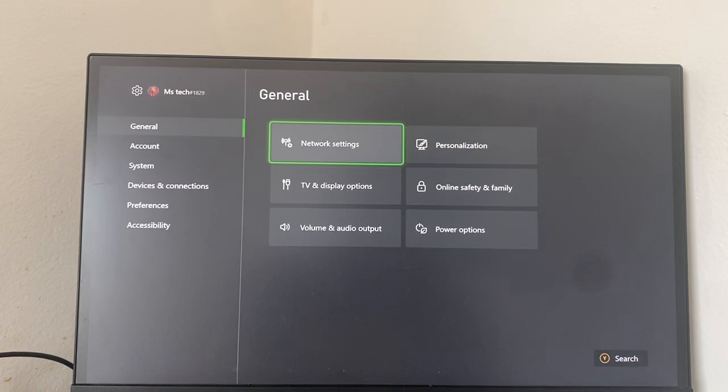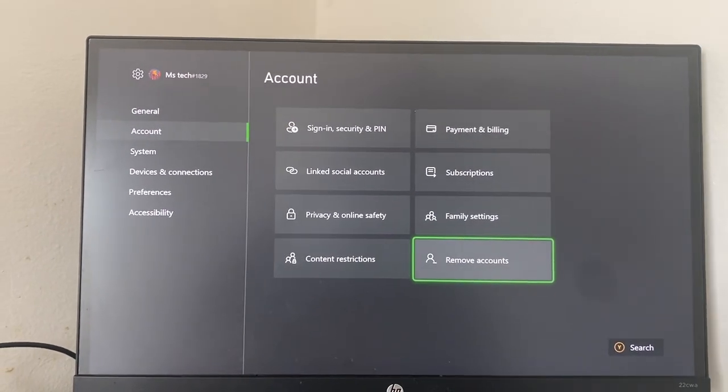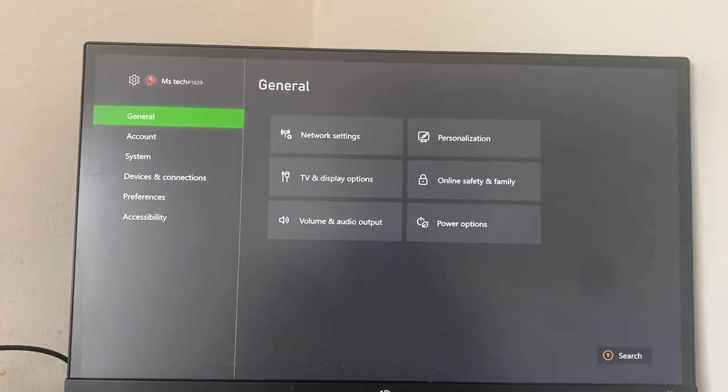The second method I would recommend you guys doing is heading over to Accounts, clicking on Remove Account, and then again just add your account back in. And yeah, once you do that as well,